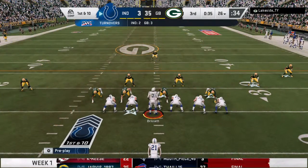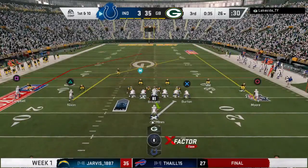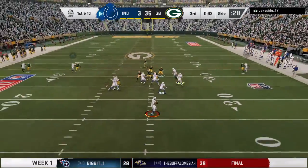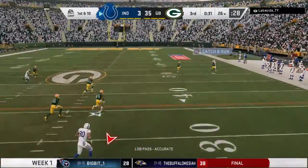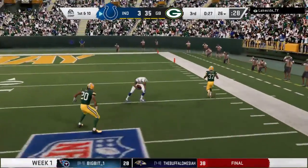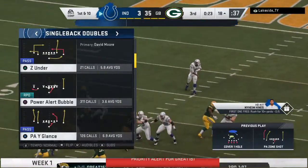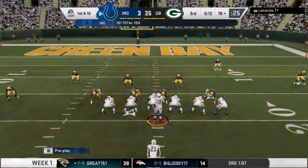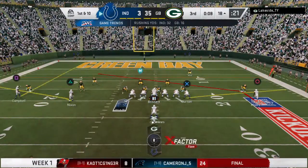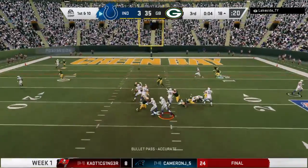The Colts come to the line ready to start their next drive. They have been struggling. I would imagine at halftime they went through some possible changes. Well, those changes aren't working, so now where do you go? I think that now it's much more. And that's caught inside the 30. And he takes it down deep into Green Bay territory. Here we go. A big play there for Indy. 56 yards. A real field flipper there, as all of a sudden they've got a first down in the red